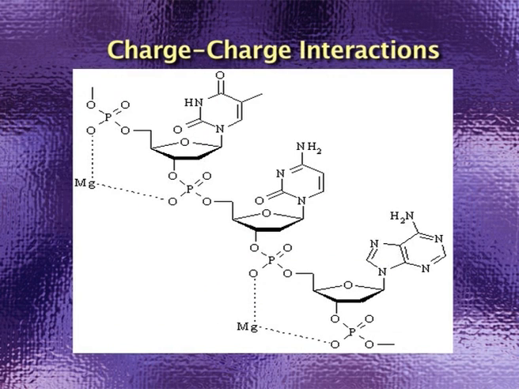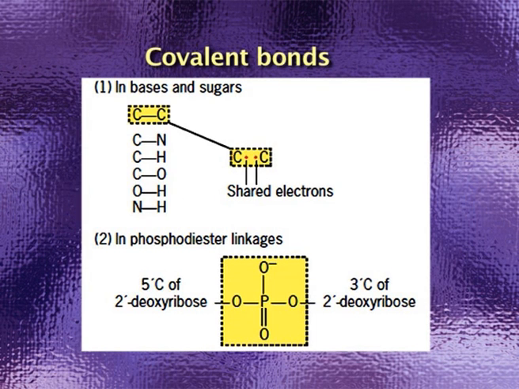Then we have ionic interactions. Ionic interactions take place between the negatively charged sugar phosphate backbone and positively charged ions such as magnesium ions. And the fifth is the covalent bond, found between the atoms of the bases. Apart from that, we have the N-glycosidic bond and the phosphodiester bond formed between two nucleotides. So all of these release energy, thereby in total lowering the free energy of the DNA double helix and